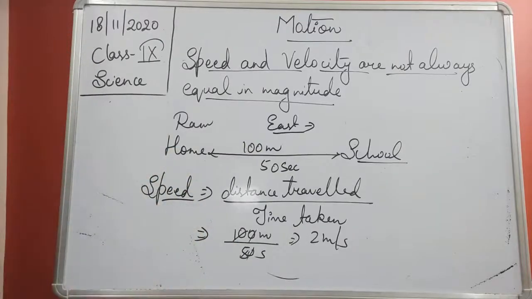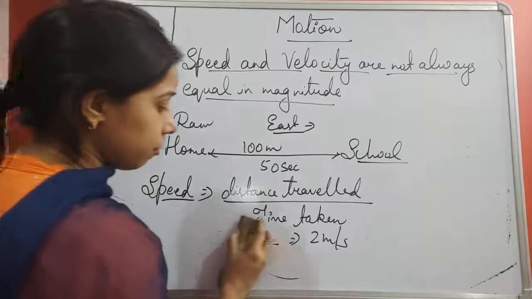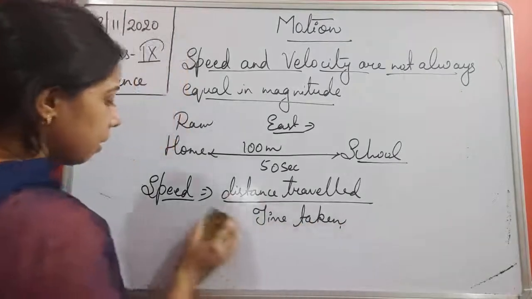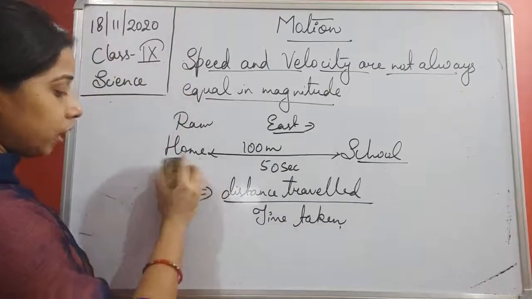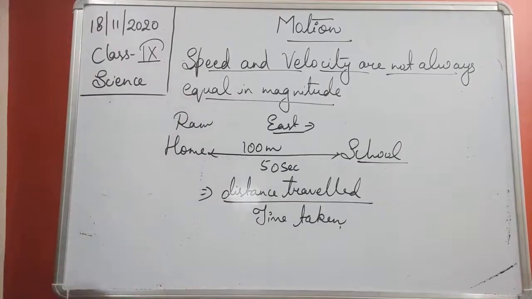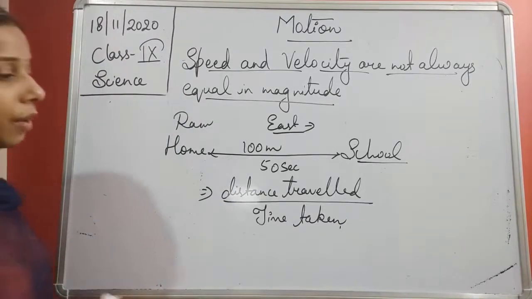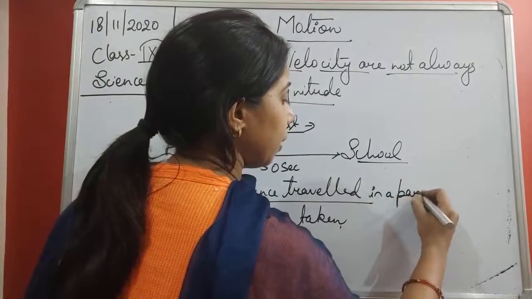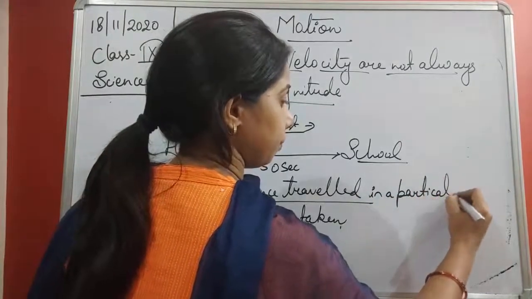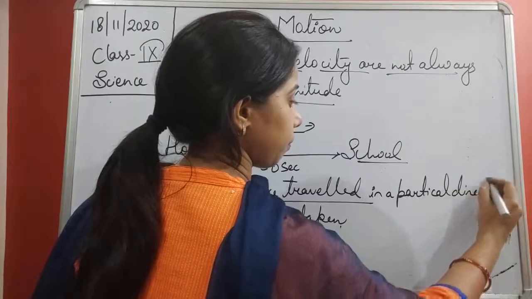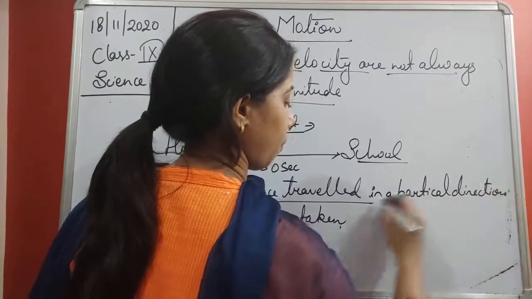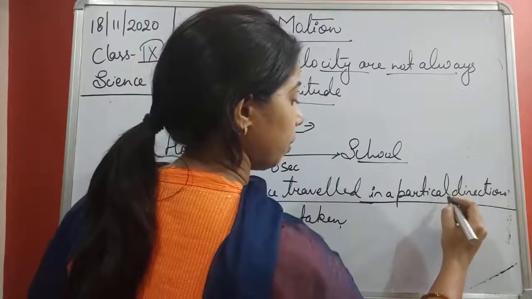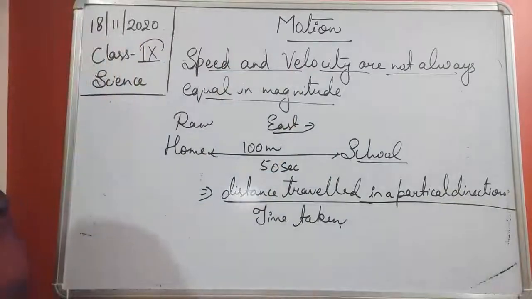So the formula for velocity remains the same, but the direction has been mentioned in place of just the distance traveled. So we can write it as distance traveled in a particular direction